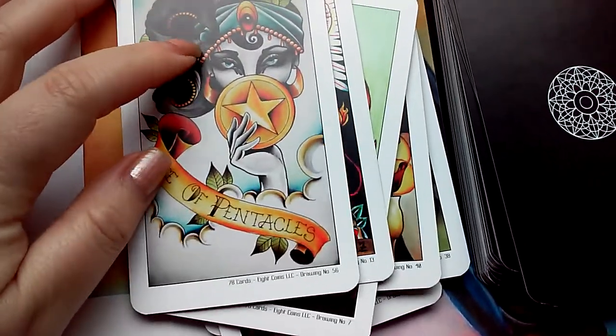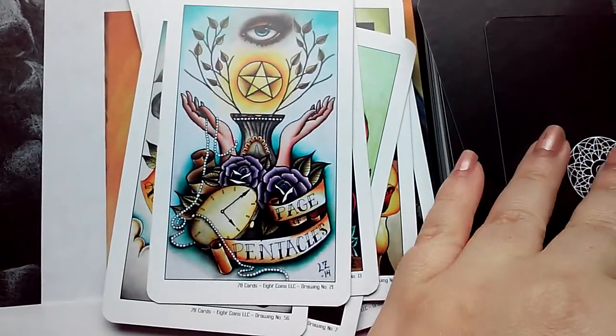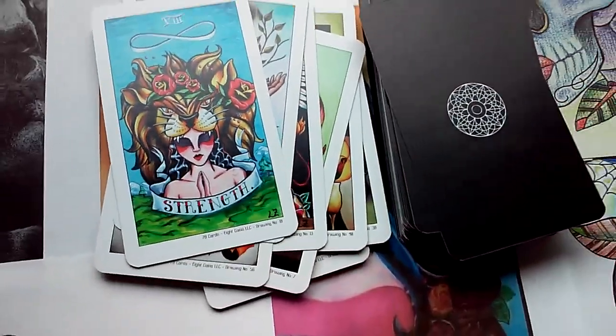I love the little gypsy girl. I know a lot of people like the strength card. Oh yeah, and then also she